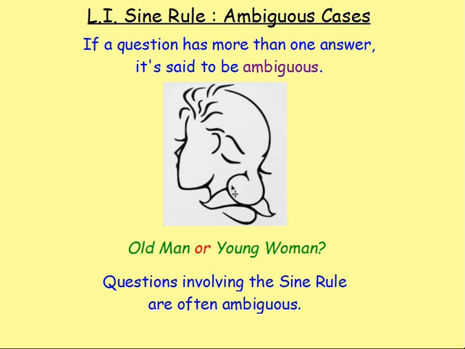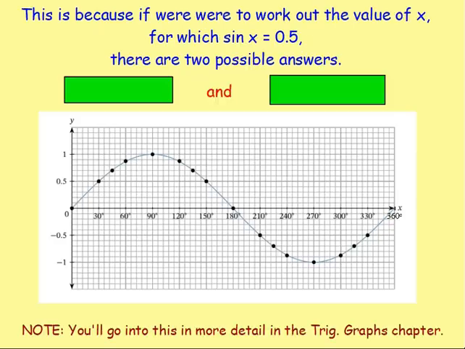There's the eyes of the old man, there's his nose and there's his moustache, but it could also be a young woman. There's her eye, her nose, her face is over here, she's looking out this way, and that is her hair. Both answers are correct. There is both an old man and a young woman within this picture, so it's an ambiguous question. It's an ambiguous case, and as it says here, questions involving the sine rule are often ambiguous, and the reason